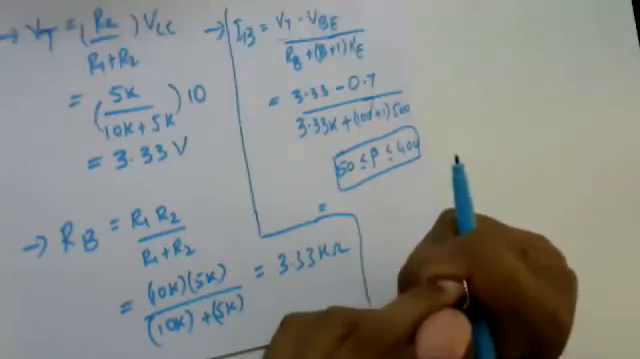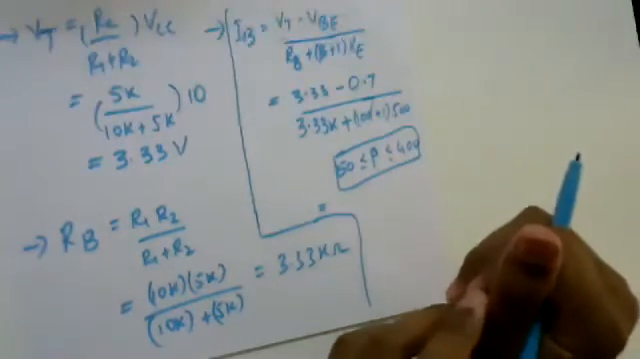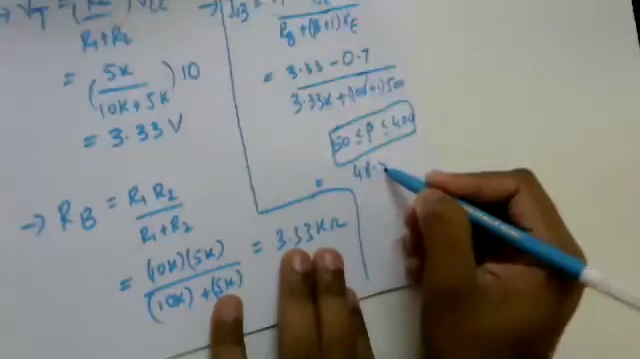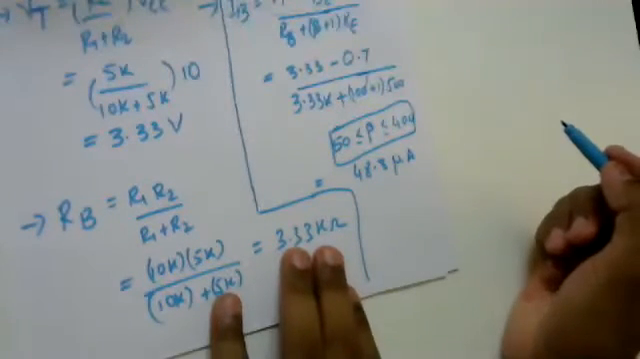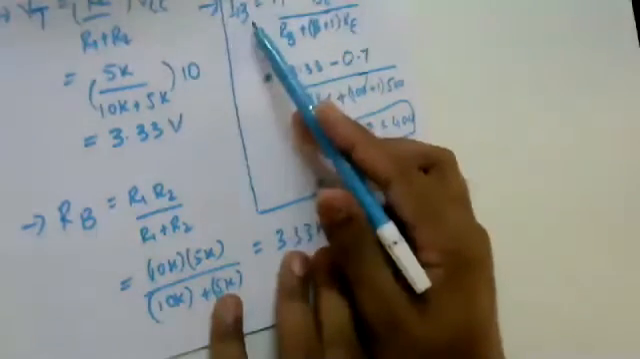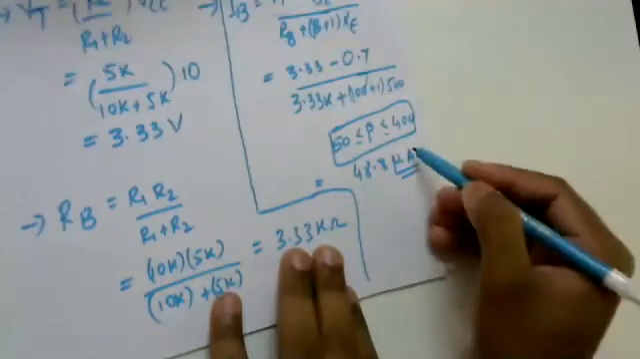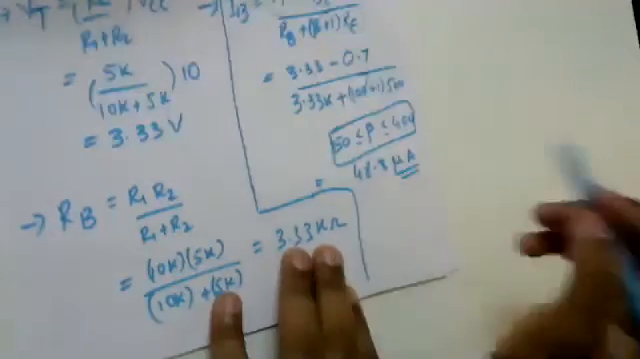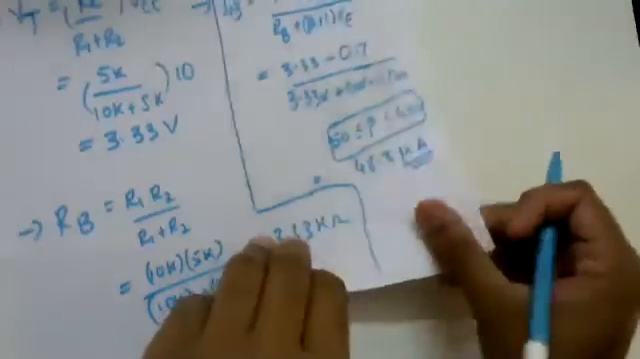Yes, Sandeep is right, it is 48.8 microamps. So you can just witness the magnitude of your base current; it will be in the band of microamps. So 48.8 microamps. Okay, then once you get the value of IB,